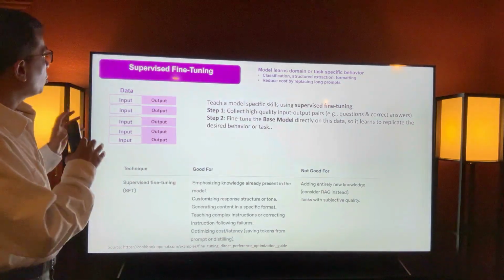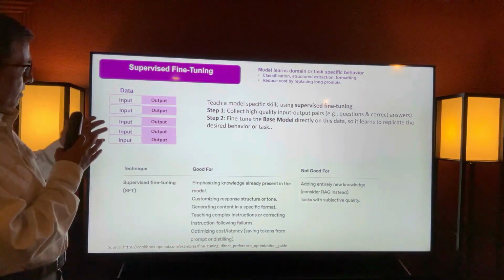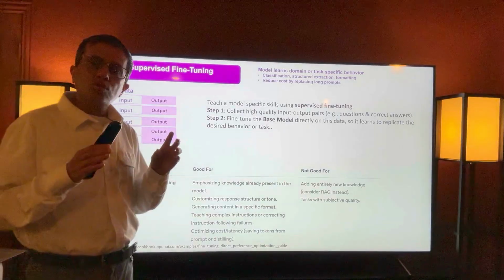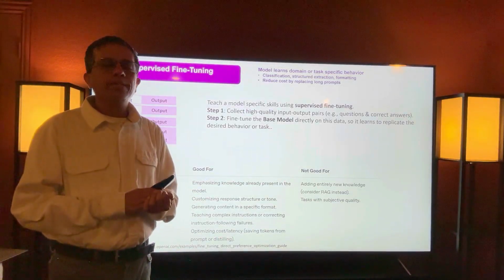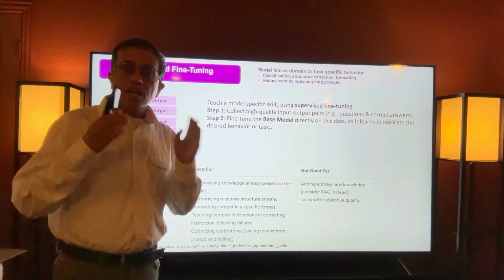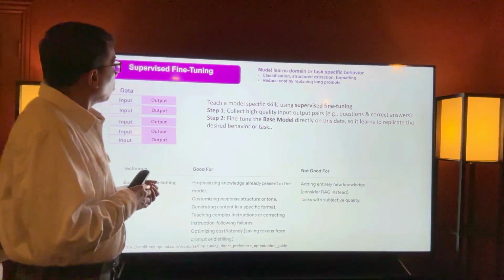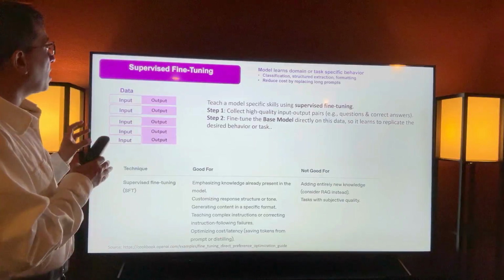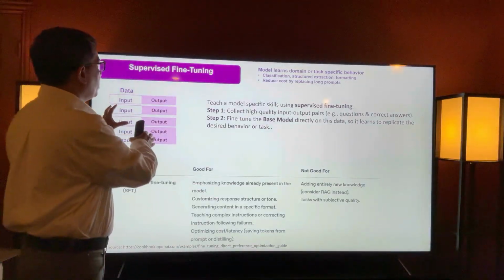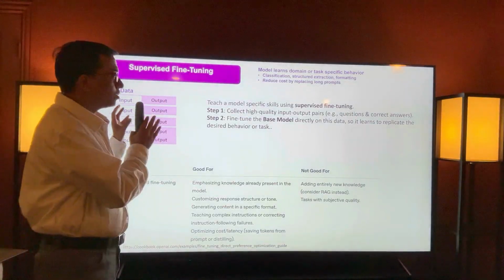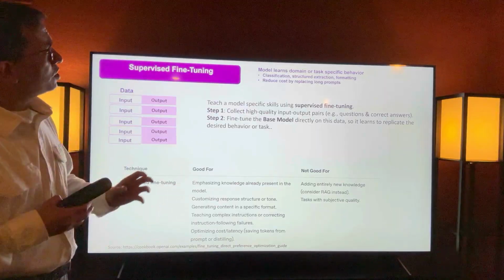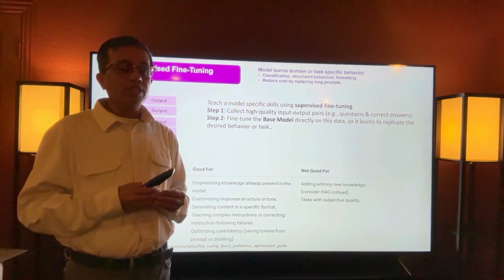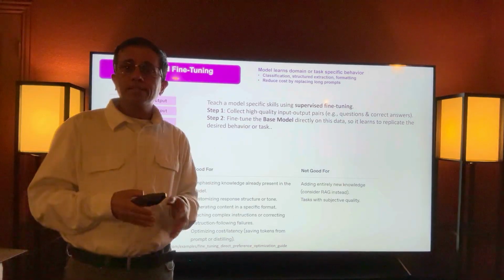Okay, so humans are going to collect high quality question and answers related to your business domain, related to your task. Okay, once that data is collected, you will train the large language model on this data. So what happens is the model learns your business domain, it gets knowledge about your business,